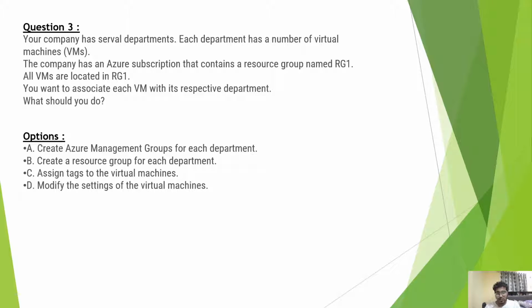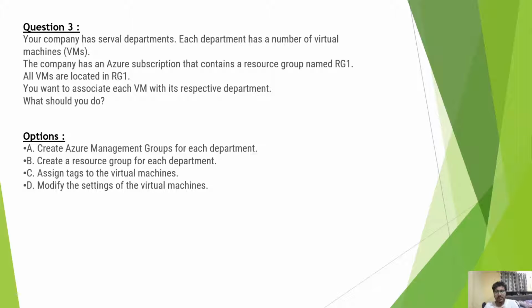So in this case, considering that everything is already set up, meaning I already have a single subscription, which is maybe within a management group or maybe directly within the EA enrollment, and I already have one resource group, the easiest way to associate the VM is to add a tag to the VM. Say I have a tag called department. I add it to each of the VMs. For the VMs in department A, my tag key is department and my tag value is department A. For all VMs in department B, my tag key is still department. The tag key always stays the same, but the tag value becomes department B. This is the easiest way.